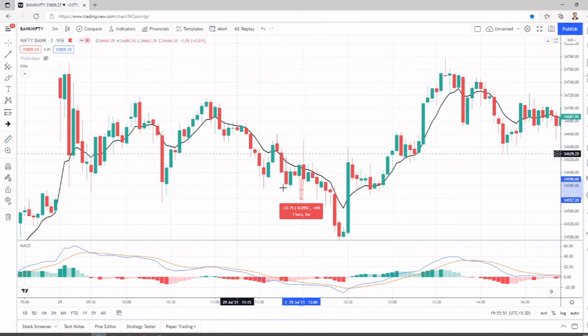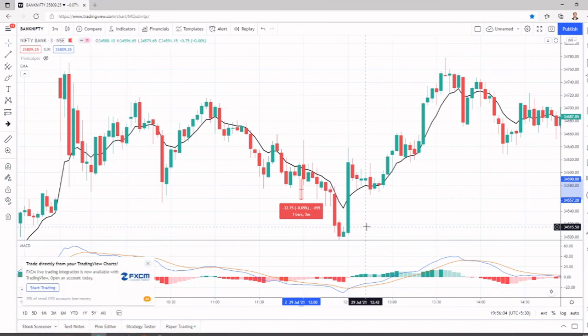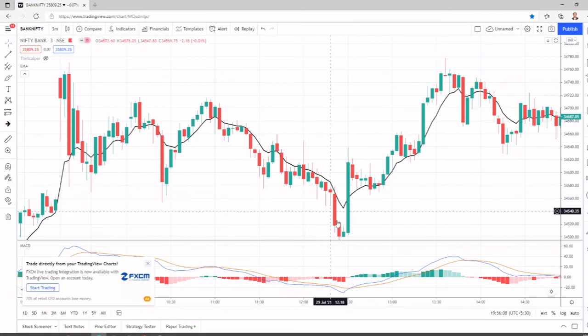If you get 2 or 3 trades, each trade 10 points, and you trade with 100 quantity, each time you get a thousand rupees. 5 trades, you get 5,000 rupees. Sometimes you get very long moves as well. So now you got the profit and you are booking. If you trail it, you get very good profit here.